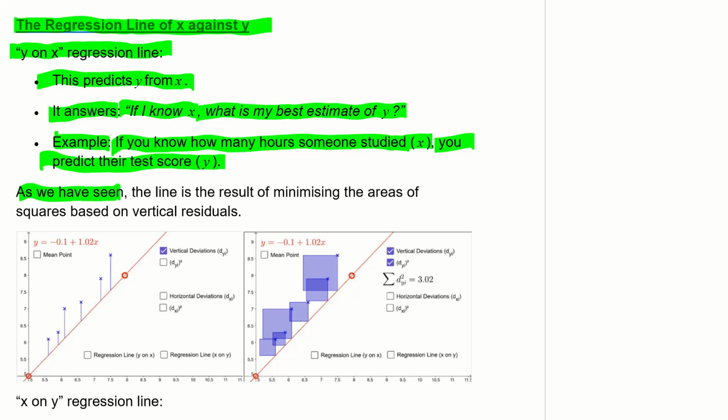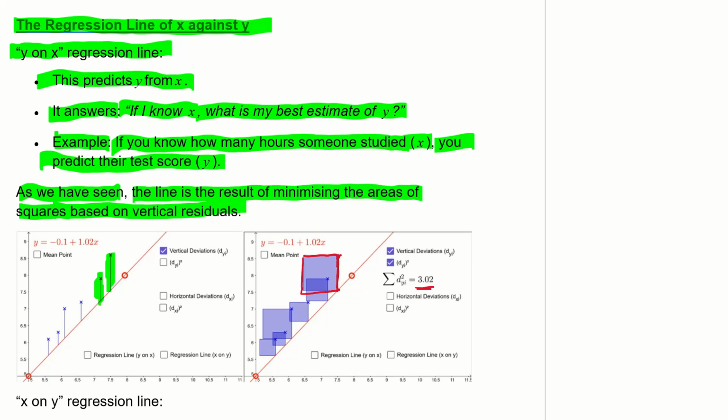As we have seen, the line is the result of minimizing the areas of squares based on vertical residuals. So like this, vertical residuals. And we saw this before. If we look at those residuals and we form a square out of them, and then we add up the sum of all of those areas, the idea is to minimize that area, and then we get the y on